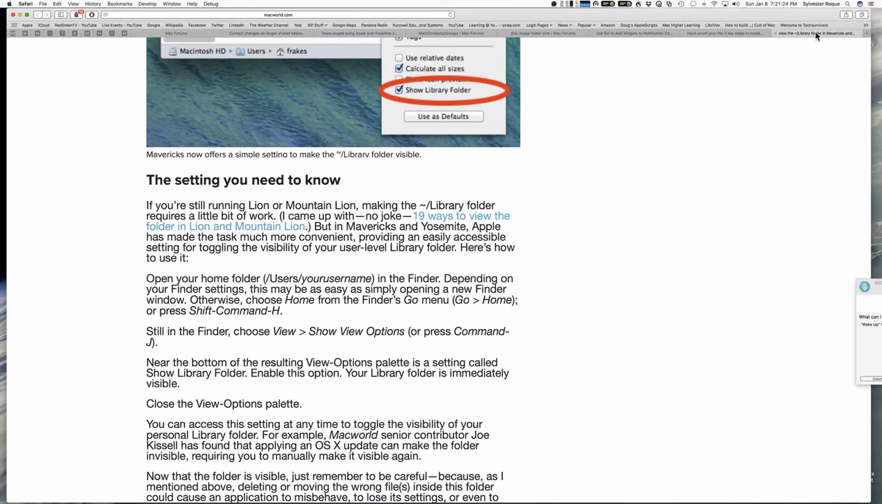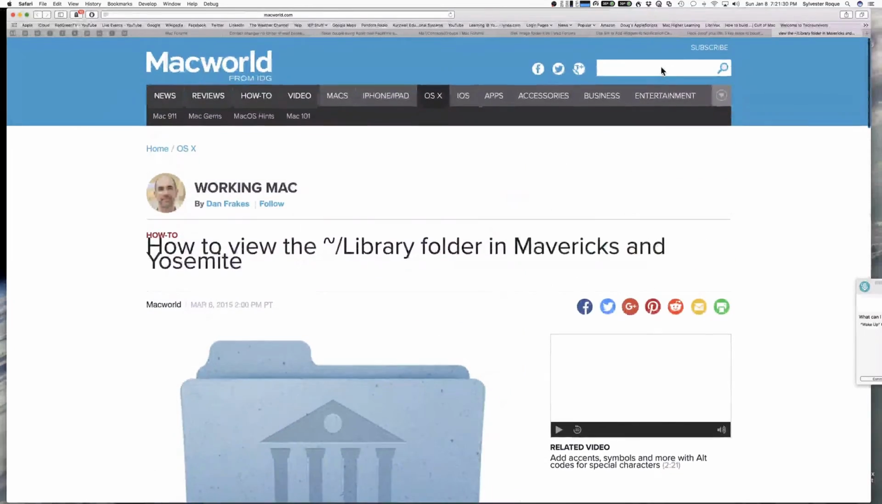And then one other one that I want to point out to you for troubleshooting purposes. This one comes from Dan Frakes at Macworld. And this is kind of the last tip of the night kind of thing. Dan points out,